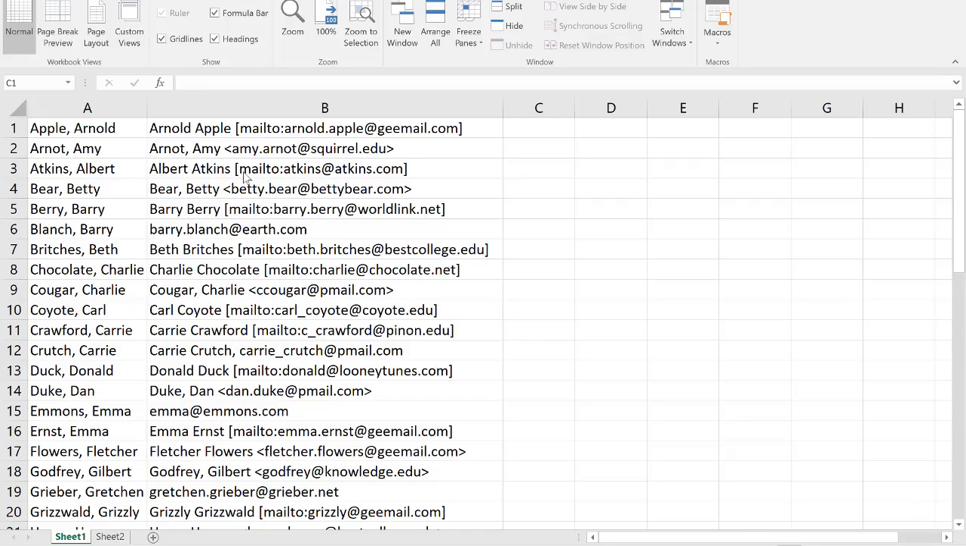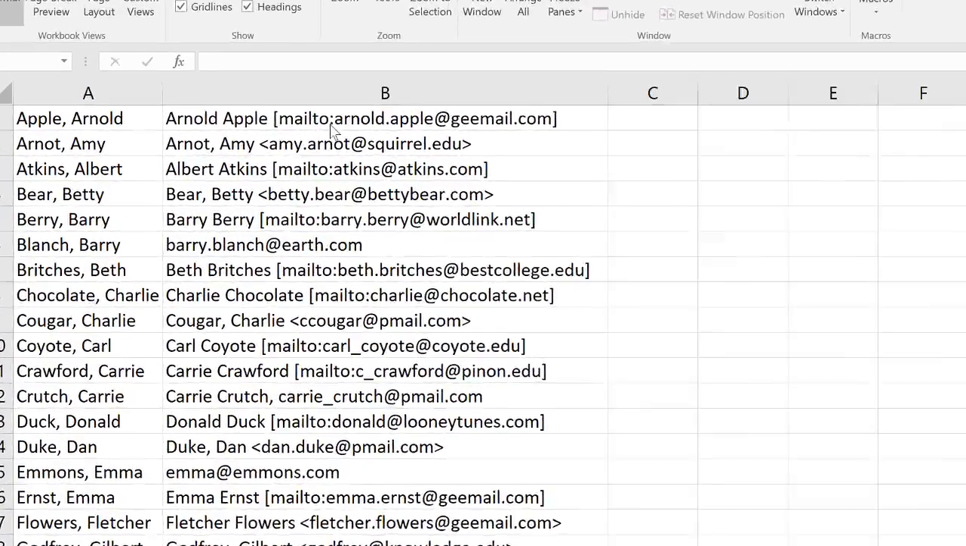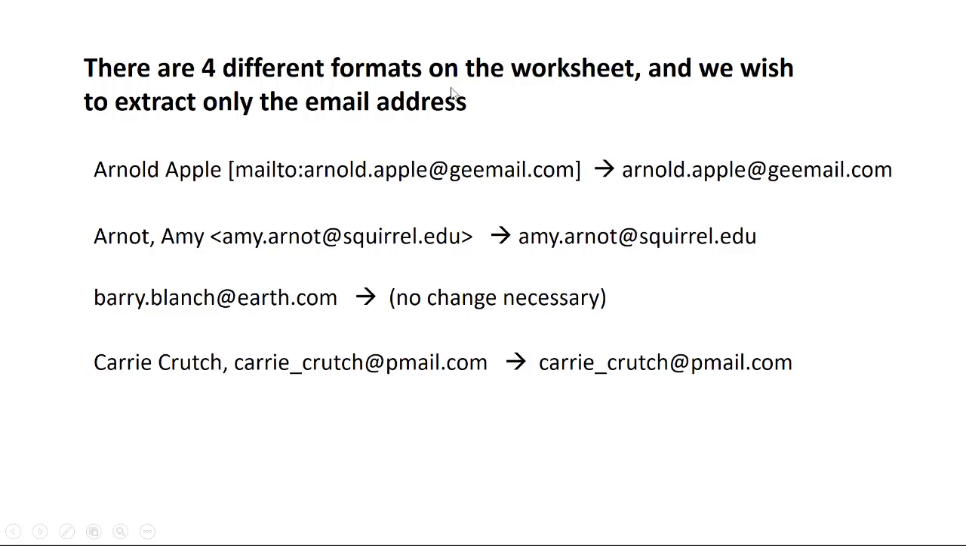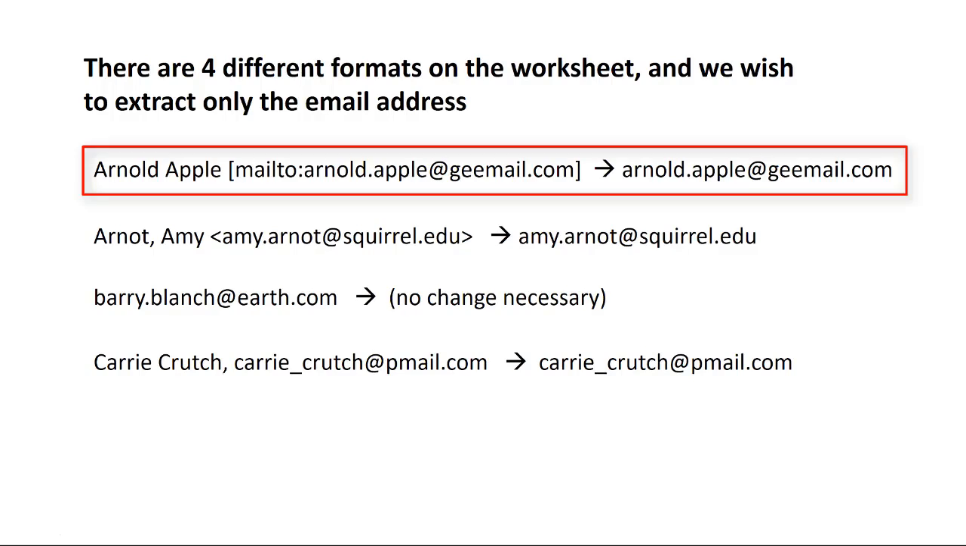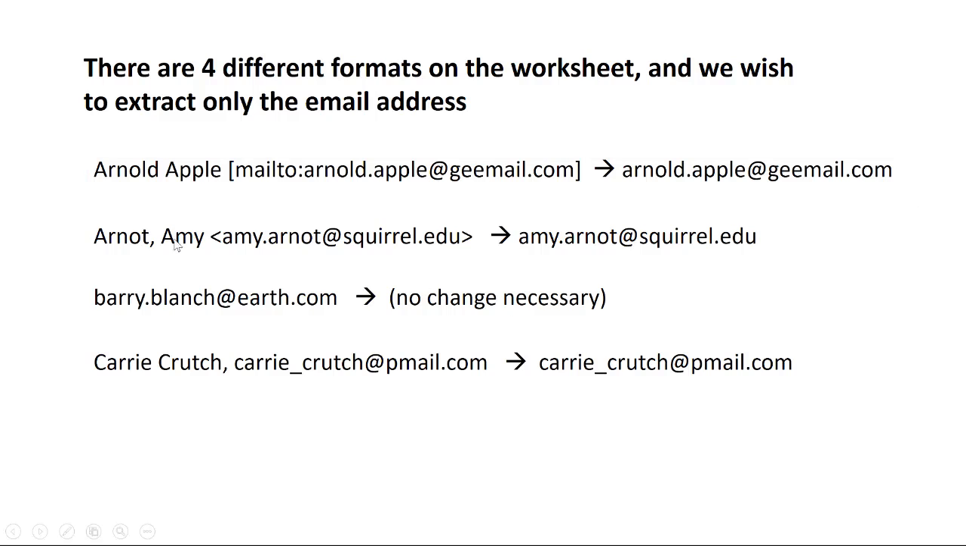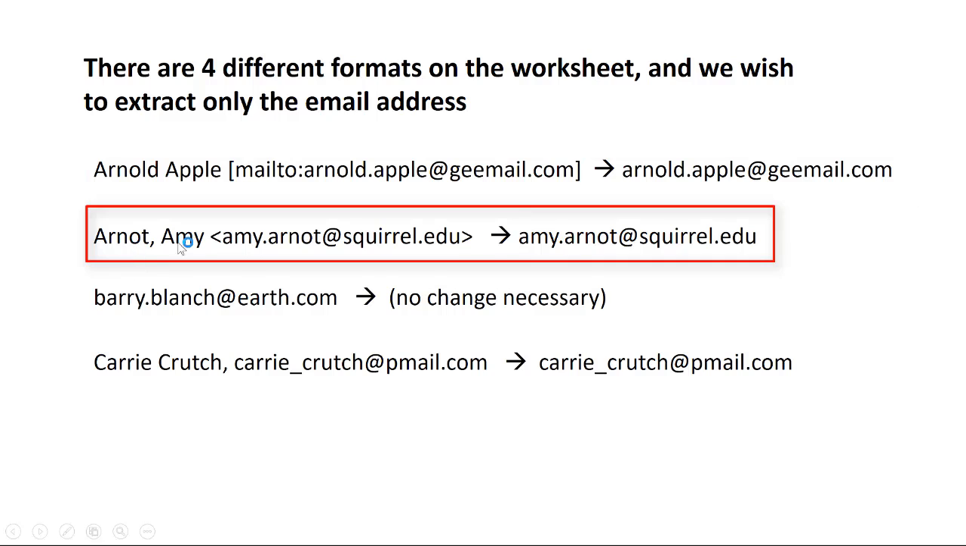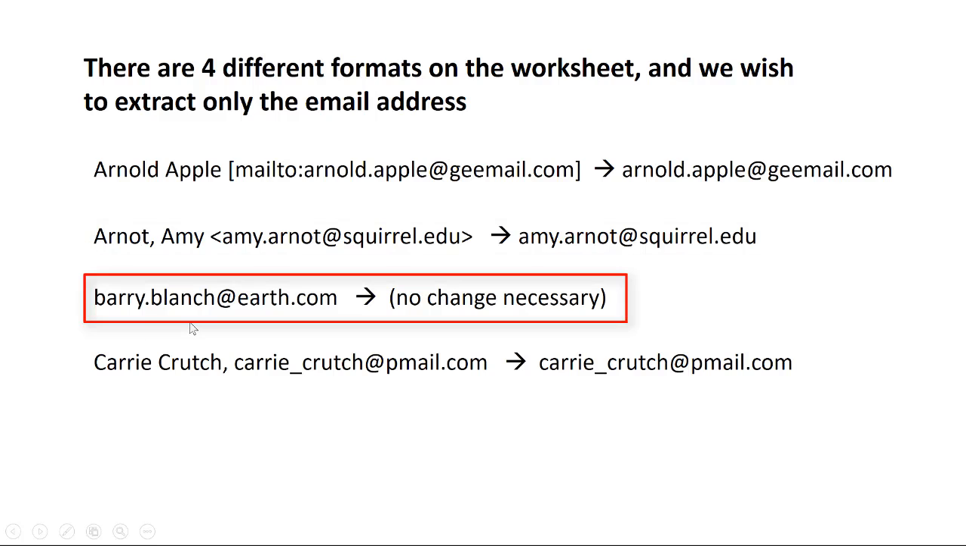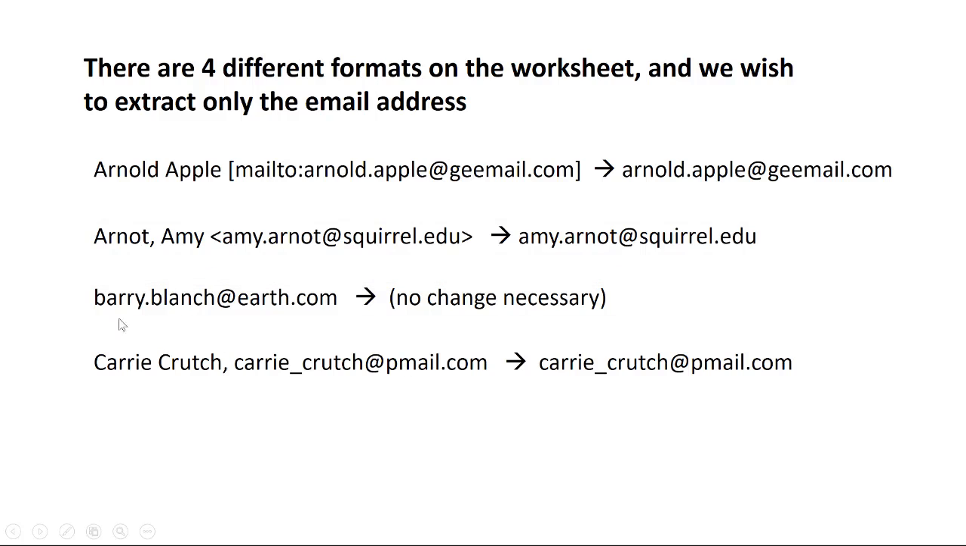All right, I'm going to go through an example where we are going to extract the email address. You just want to extract only the email address. There are 4 different formats on that worksheet that I just showed you. This first format, we just want to extract arnold.apple@gmail.com. The second format, we have last name, comma, first name, and we just want to extract the email address. There's another format where there's no change necessary, and then there's a final one where we have first name, last